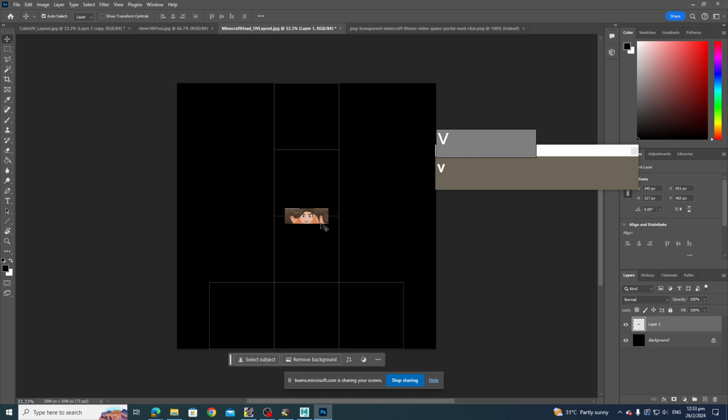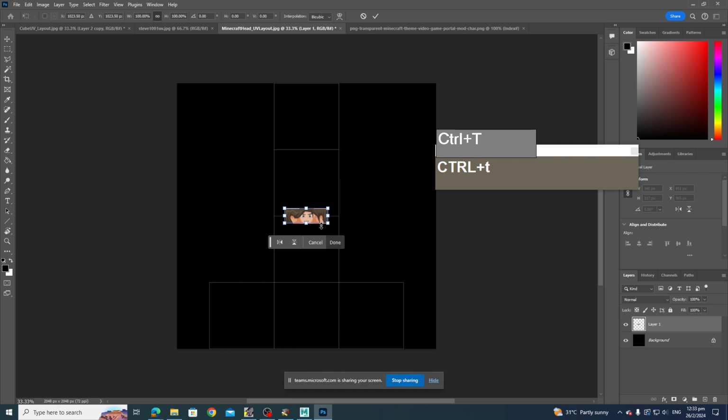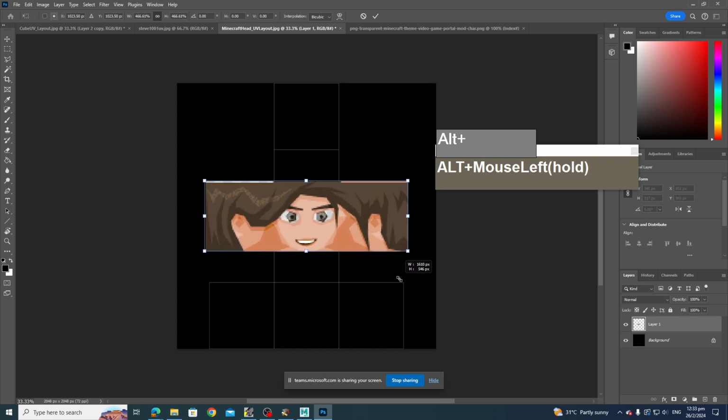Press V to go to selection mode. Left mouse click on the layer and press Ctrl T. Ctrl T will go to image layer transformation mode. Hold down your Alt key so that when you scale it out, you will remain proportional. So hold on to Alt, then go to the corner and grab the corner and then drag until the size